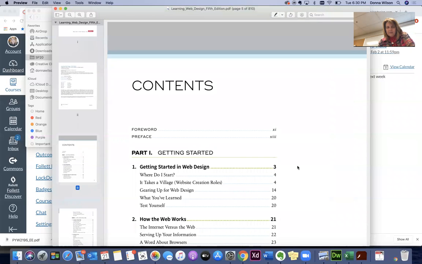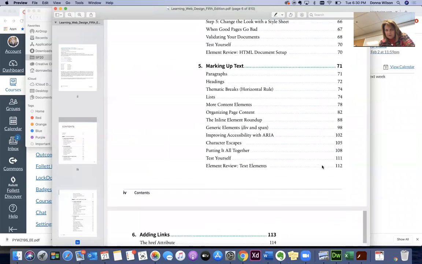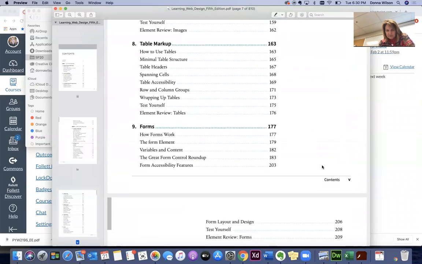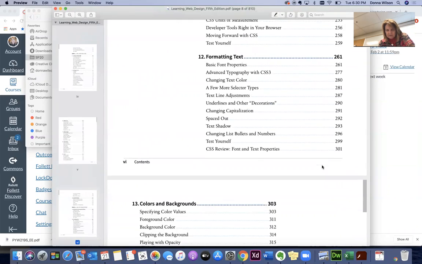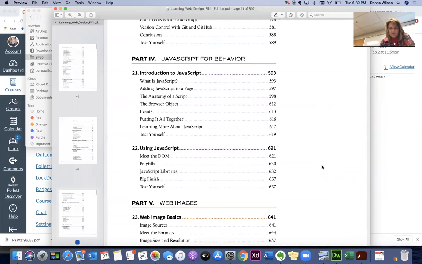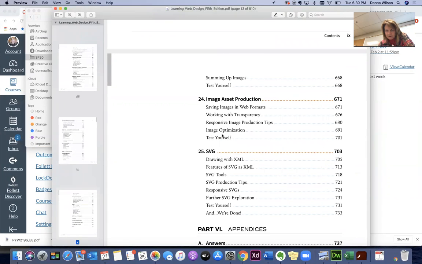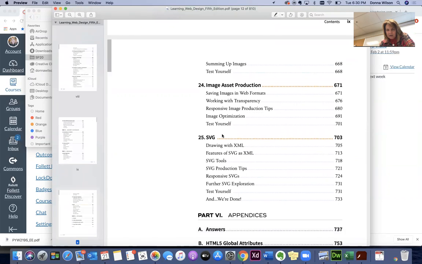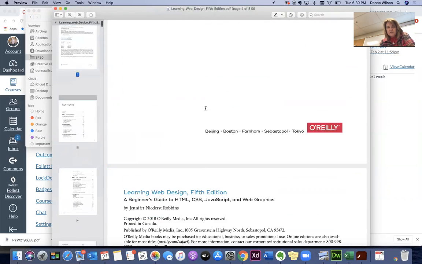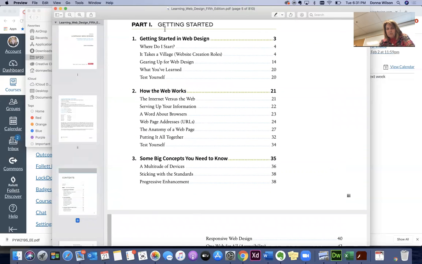Here it is. Okay, there are 4 parts. Marking up text. Let me see if 3 is the CSS. See, there's 2 things and 4 is the JavaScript. So there are 4 parts. Oops, didn't mean to do that. Okay, so we may not get to this part. I'm not sure. But today, so for next week, when you get your book, you need to read all of